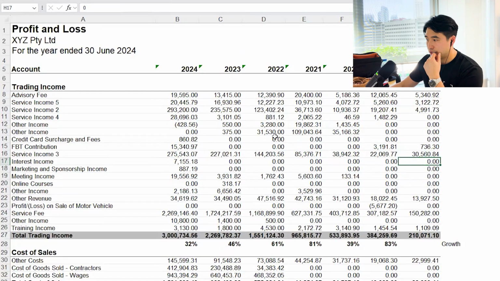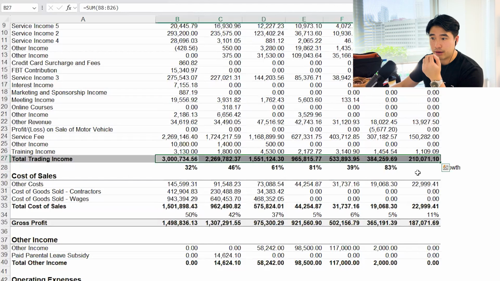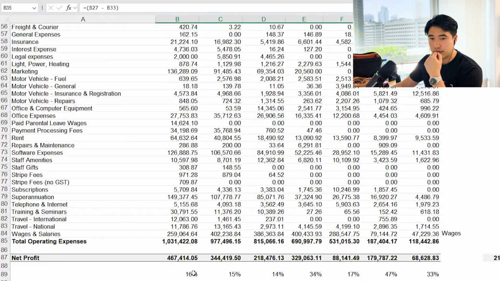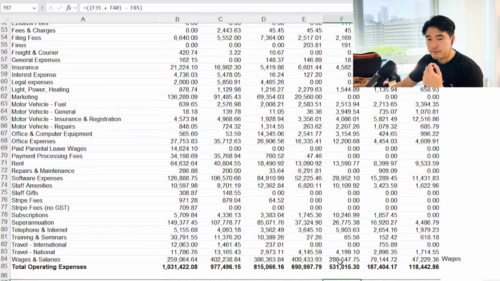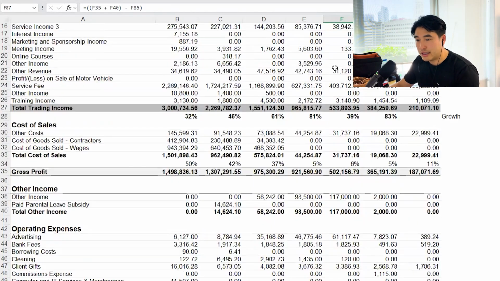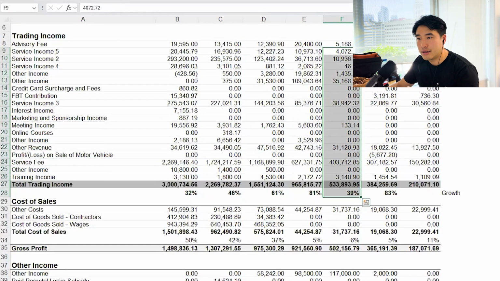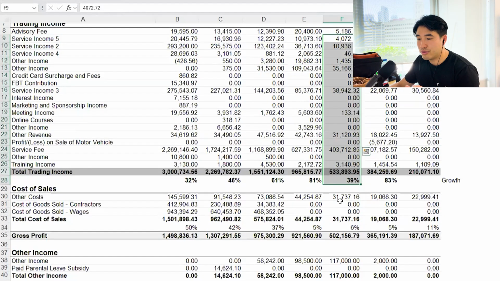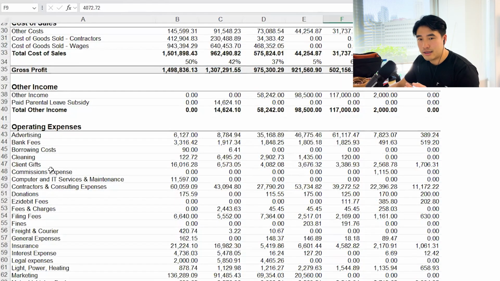Can you guys see my screen still? Yeah. Okay. So this is a P&L for a company. You've got the income here, the cost of sales, other income, and then the other expenses here. This is the profit. Say you're referring to this year, where you made $88,000. You don't want to pay the tax on this, and if you take $88,000 as a bank transfer to your bank account, it never hits this P&L. What happens on the accounting side is it gets recorded in the balance sheet as a loan of $88,000. So it never gets taken as an expense in your P&L.